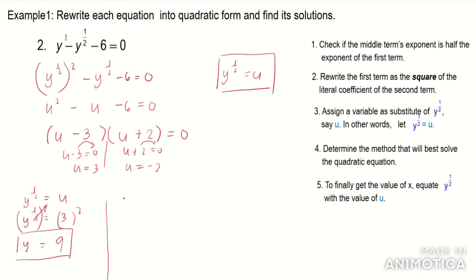Next, we have, for the second value of u, okay, so, we have y raised to 1 half is equal to negative 2. Okay? To get the value of y, raise it to the reciprocal of 1 half, which is 2. Okay? So, we have now do it also on the term to the right. So, get the square of negative 2, which is equal to 4. That means negative 2 times negative 2, which is equal to 4. So, we only have two solutions and these are 9 and 4. Okay? So, the solutions are